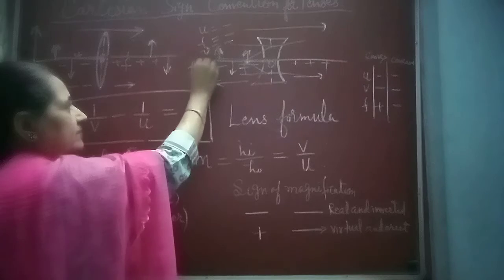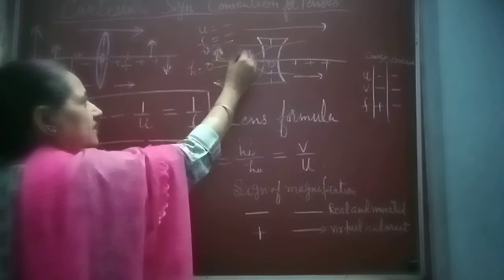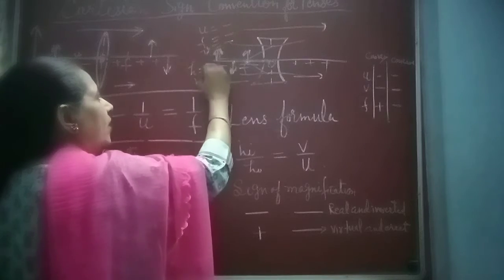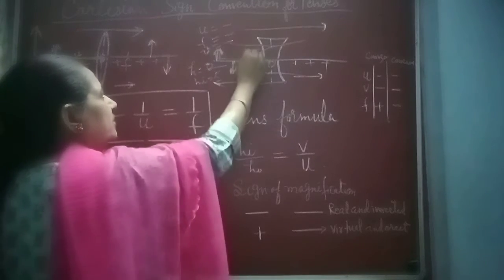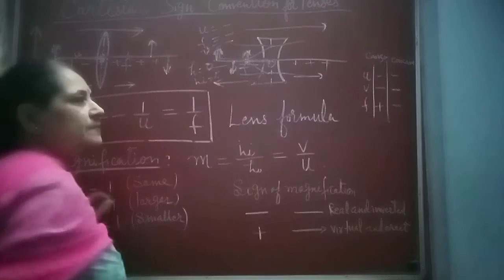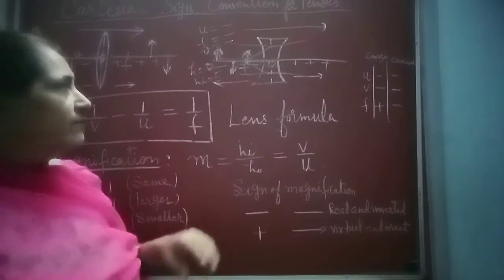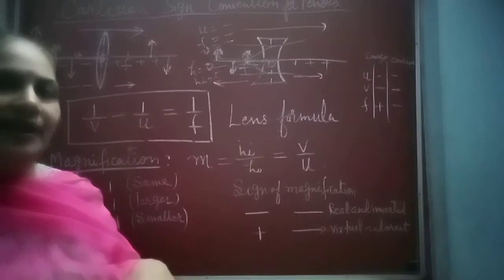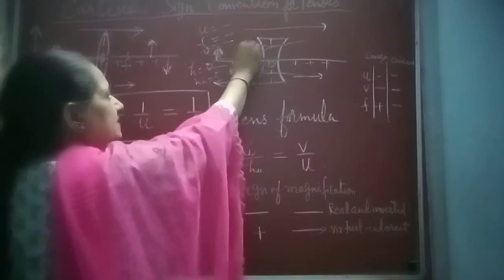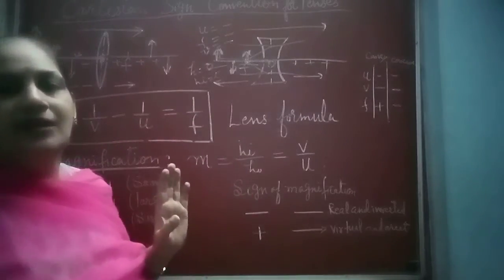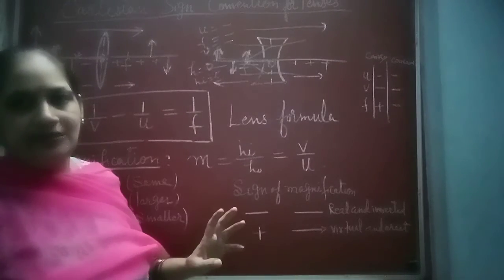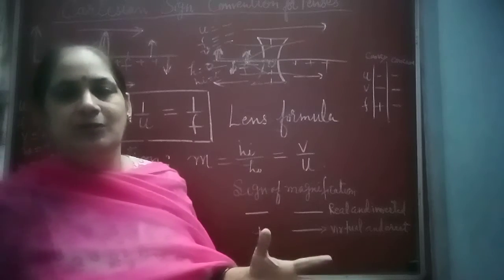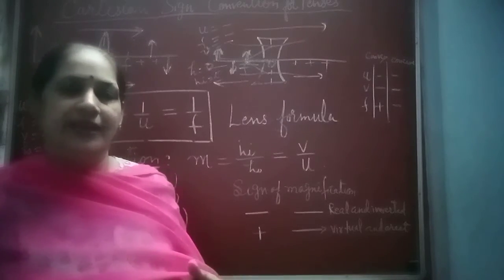Now what about height of the object? Height of the object is positive. Height of the image is also positive because the image forms above the principal axis. So a concave lens cannot form a real and inverted image. It forms a virtual and erect image. So it is above the principal axis, and it will always be considered positive. So distances measured above the principal axis are considered to be positive, below, negative.